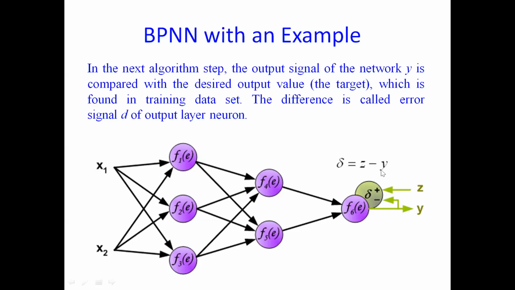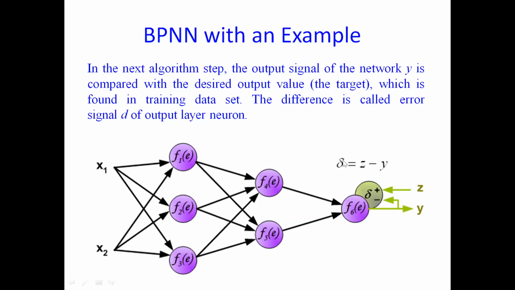So whenever these two output values are compared, we can find that there is a difference, which is called the error signal, the particular del error signal of this